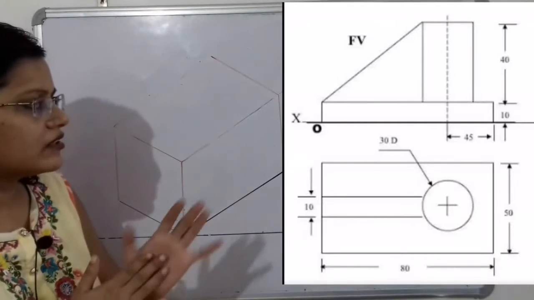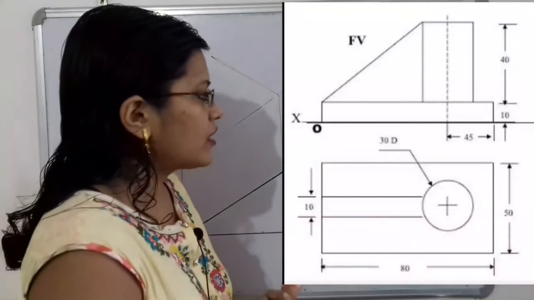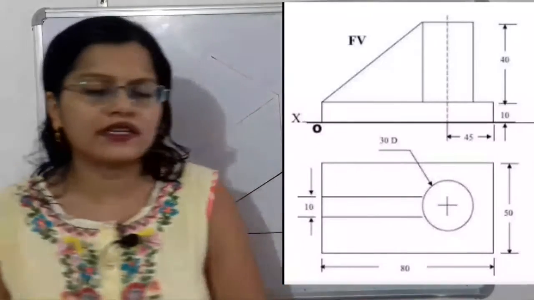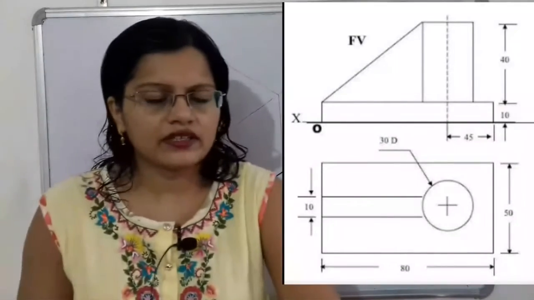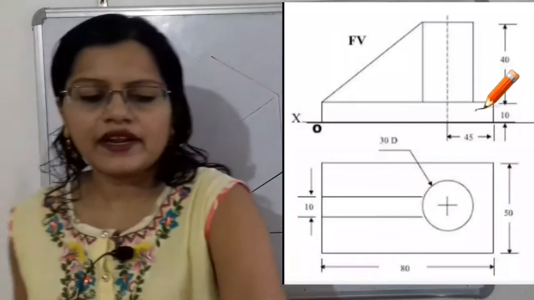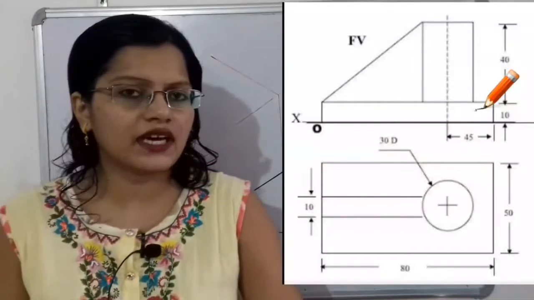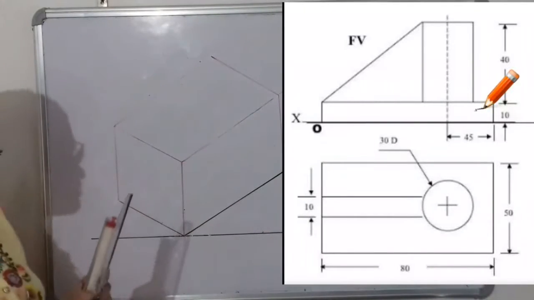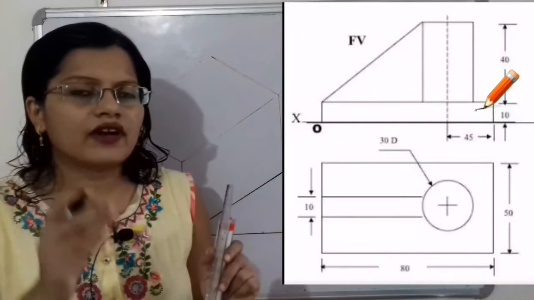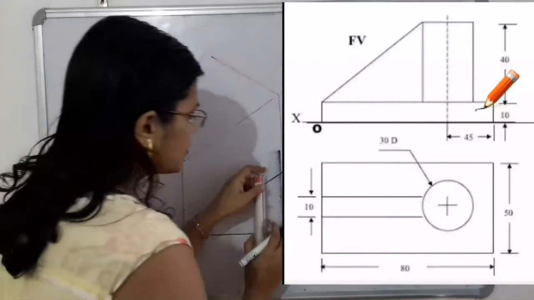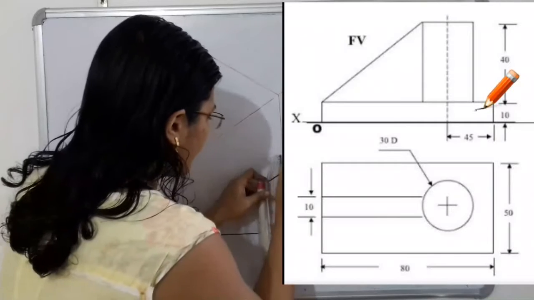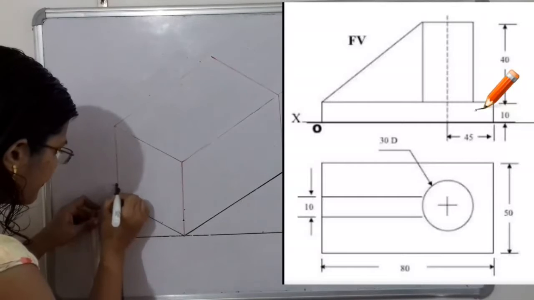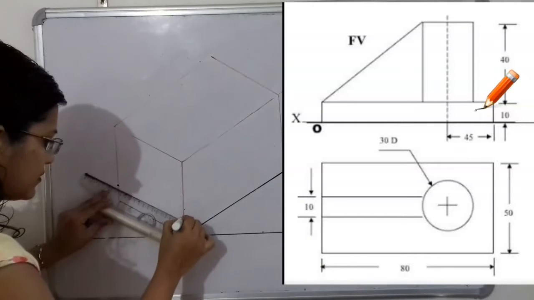Now let us first observe the front view. For the front view there is a construction for the height of 10 millimeter. So we will plot here the construction of the 10 millimeter. This construction at height has 3 lines which indicate the height, 1, 2, 3. So we have to take the 10 millimeter. With the scale 1:3, that is 10 into 3, that is 30 millimeter, we will select the points. And we will join these points.